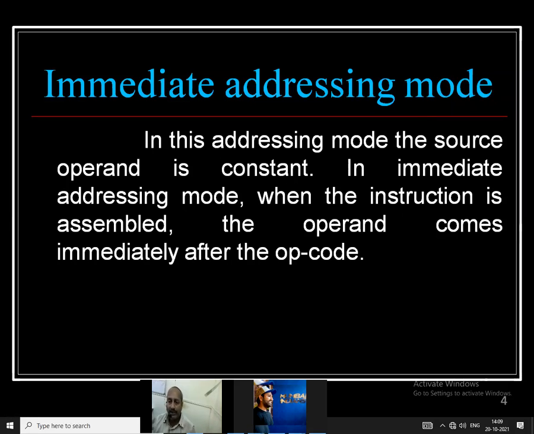Before that, I will also give a brief on what exactly an instruction is. Instruction means what? In our languages, there are two types of languages: a high level language and a low level language. A high level language means embedded C, and a low level language means assembly language. In both ways you can write the program, whatever you feel is easy. But the hardware, that is 8051, understands only machine level language.